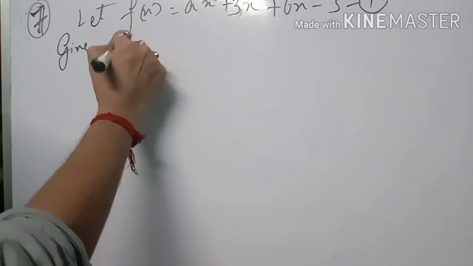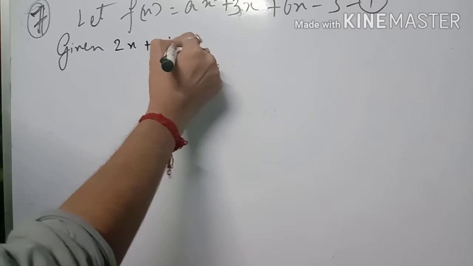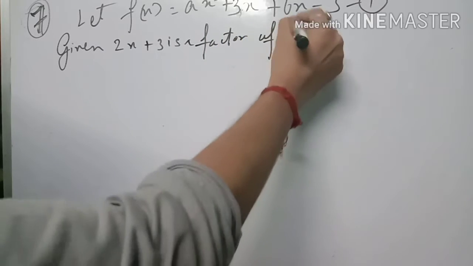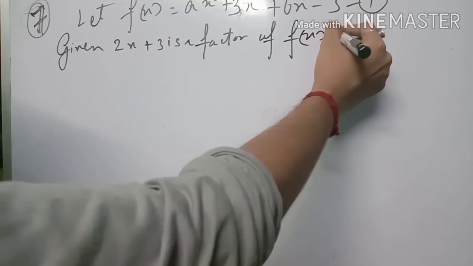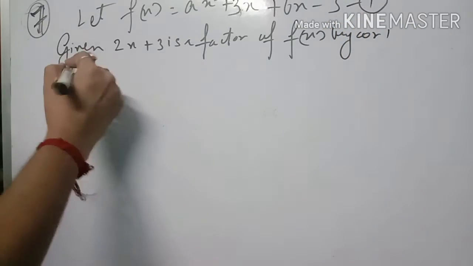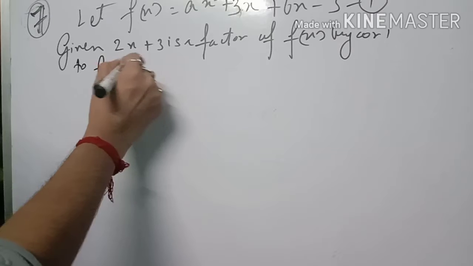Given 2x plus 3 is a factor of f(x). So by corollary 1 to factor theorem,